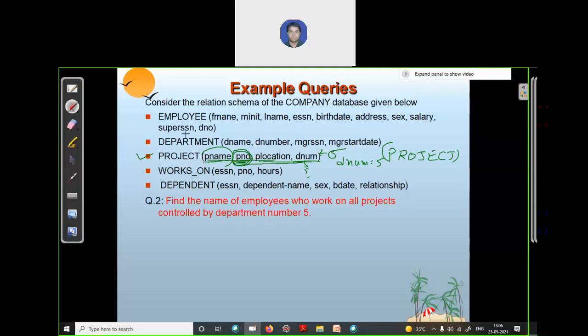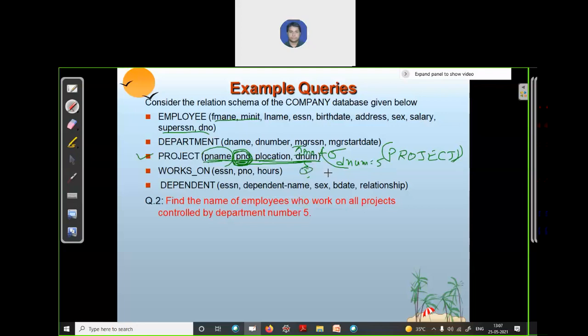In this relation and this relation, can you find any common attribute? No. Out of this, we are interested only in the project number, so we apply the project operator on our result. So we have a relation having all the project numbers which are controlled by department number 5.